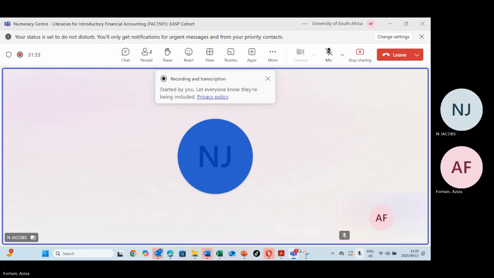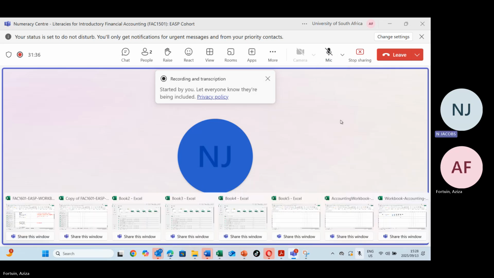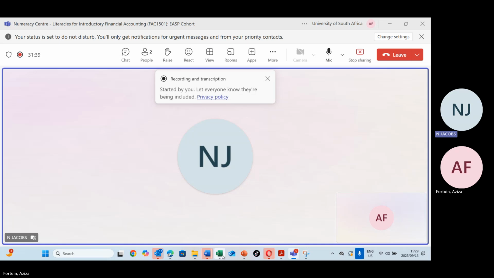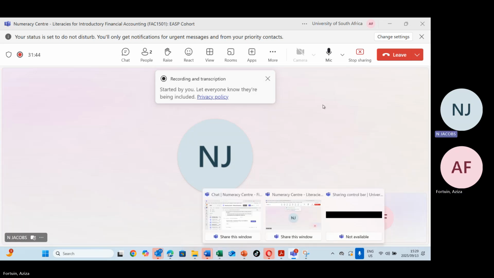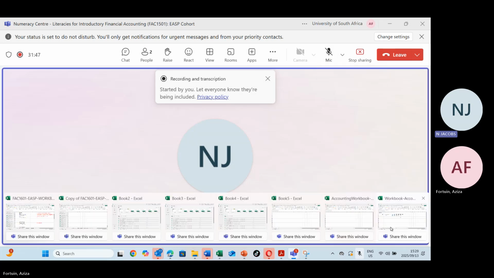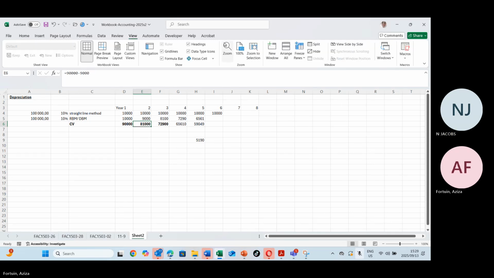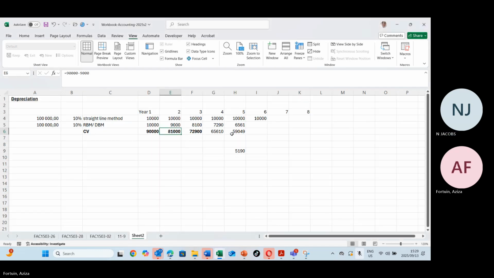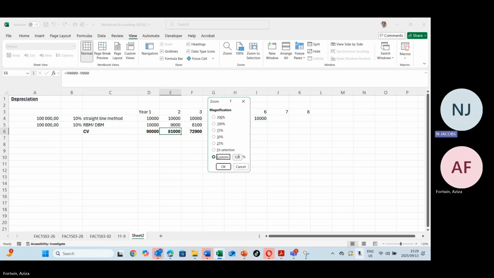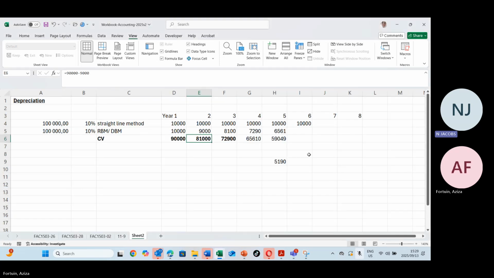Wait. But my calculations are wrong now. That's why I got it wrong. Now take my calculations and then from there you go on. Let me see year 5, the amounts. Is that 5? It's 5, 9. I can't see. I want to see year 5 somehow. Okay, 5, 9, 0, 4.